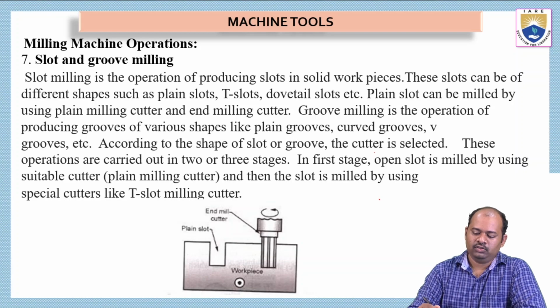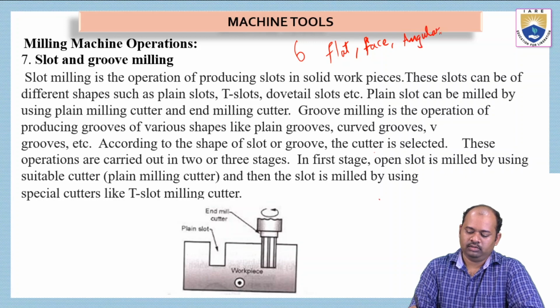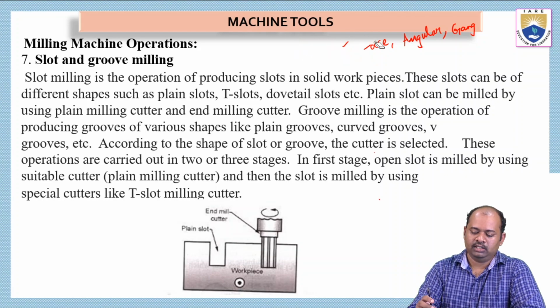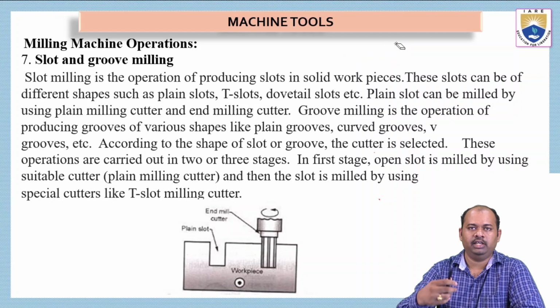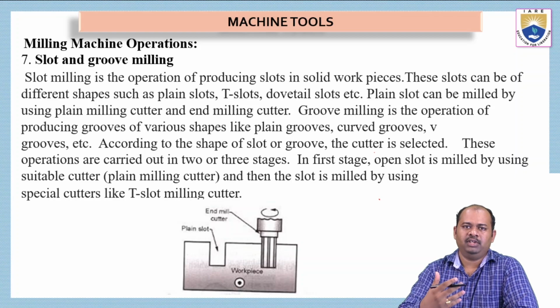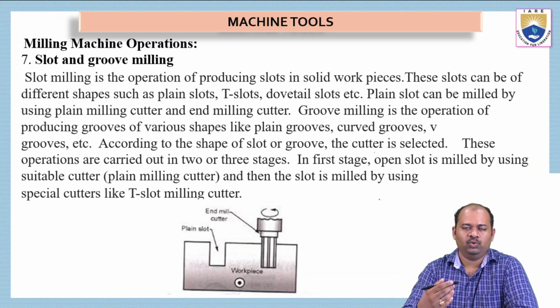So we have seen so far 6 milling operations, that is flat milling, face milling, angular milling, and then gang milling. And apart from these milling processes, we have seen some 2 other milling processes. And now we are going to see the remaining milling processes which are possible in the case of a milling machine. This is related to milling machines only. The type of the milling machine is same, but we can operate different types of processes by changing